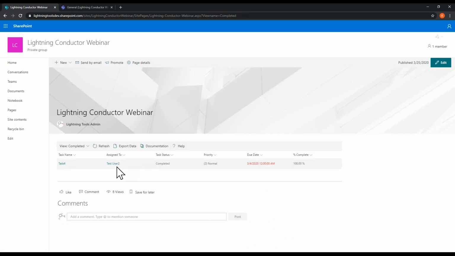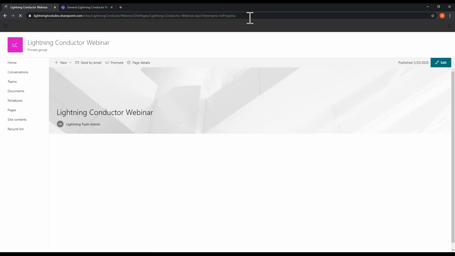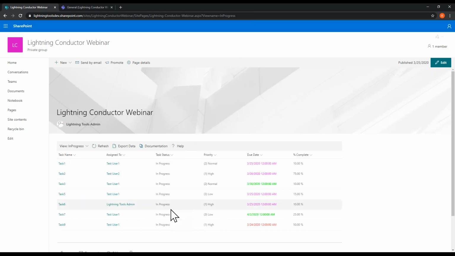There we go. So we've now got completed tasks, and the other view I called was in progress. So in here we can just change that to in progress. And now I have all the in progress tasks. So these can be hyperlinks that take us to the page and load different content using different views depending on